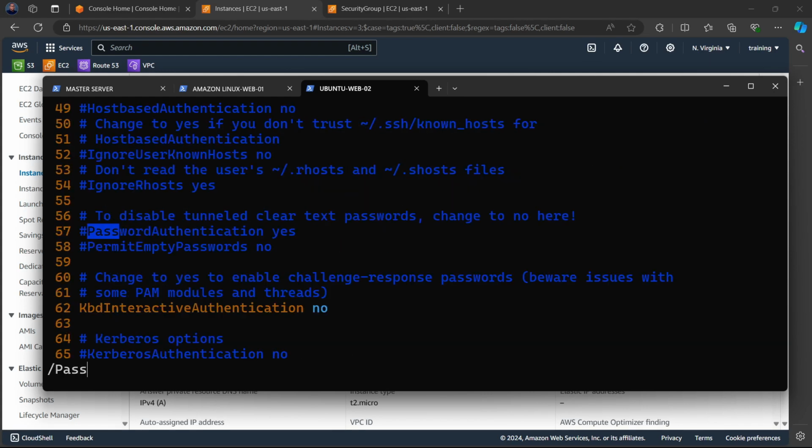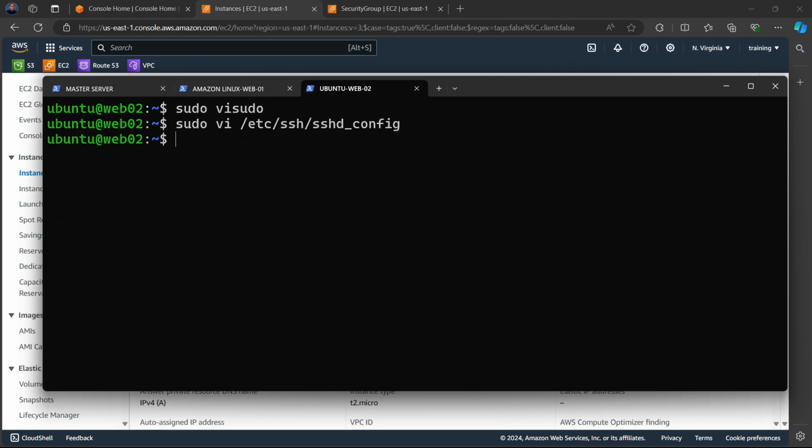So I'm looking for password authentication. Now, you can see that here, password authentication is yes, but it was disabled. So what I need to do is to enable it. So I'm going to press enter and press I on my keyboard to insert. So I'm going to basically enable that, and then I'll say yes. So I want to allow password authentication. Is that okay? So escape, W key to write and save,